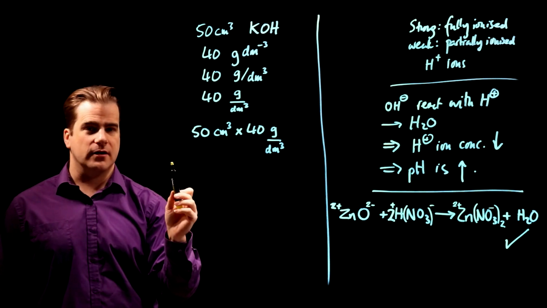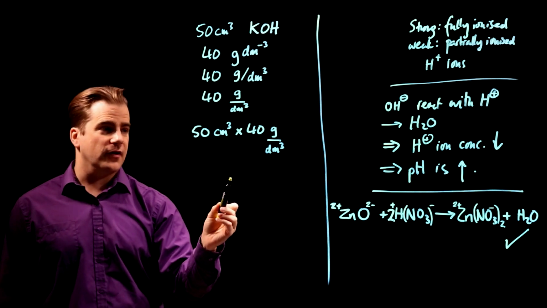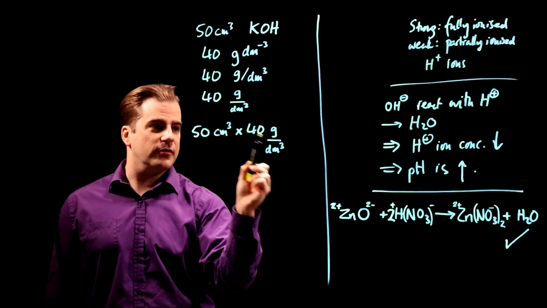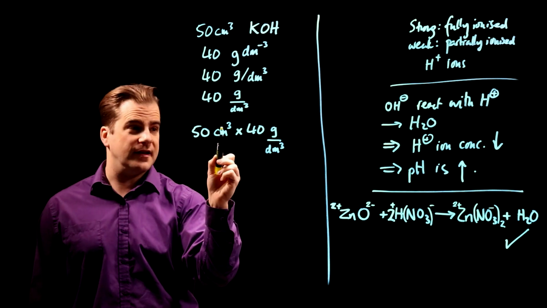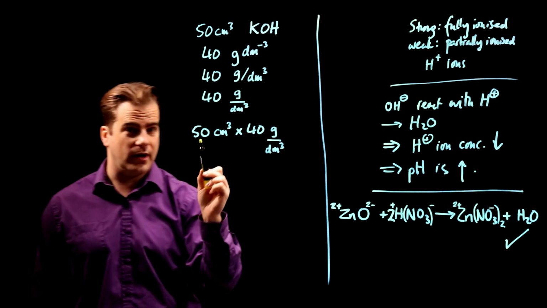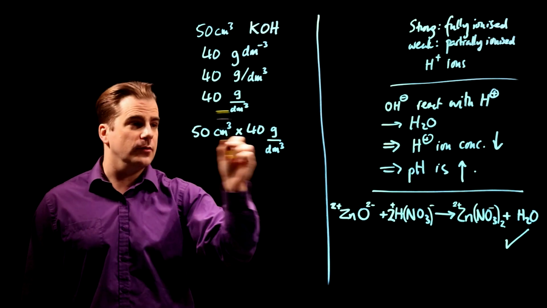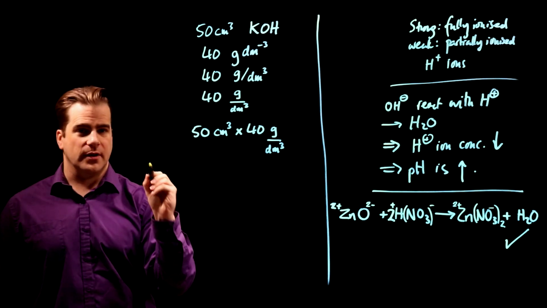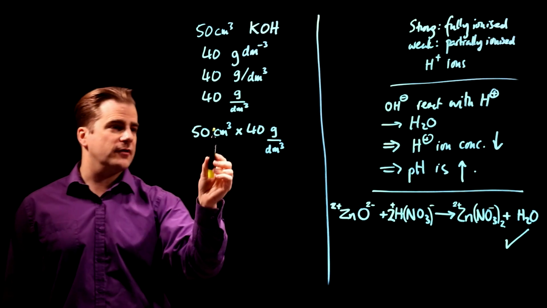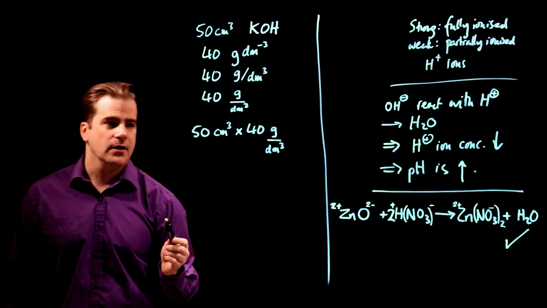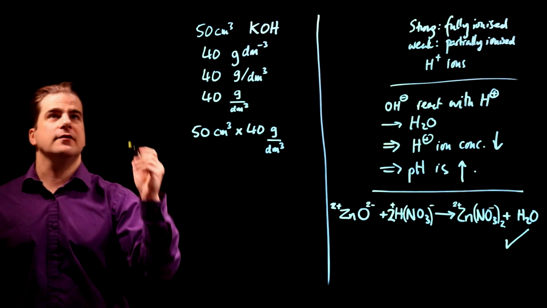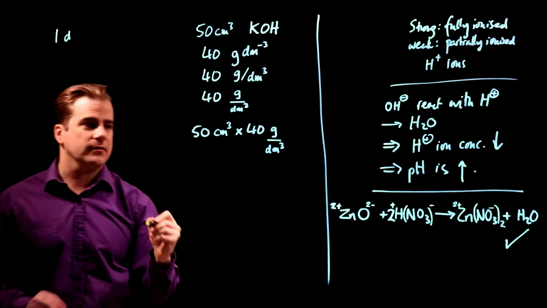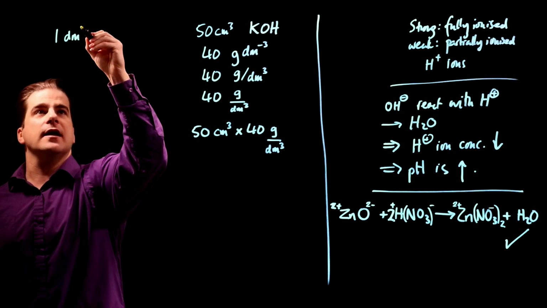Now I haven't done it yet because we have one more thing to do first. We have to convert these both into the same unit, either convert them both into cm cubed or dm cubed. You can't cancel yet because they're not quite the same. They're both volume, so we definitely multiply, but first we have to do a little trick, and this is how you should do it. This is how you convert from cm cubed to dm cubed, okay? Just go off to the side on the page and write this down. You need to know that 1 dm cubed,